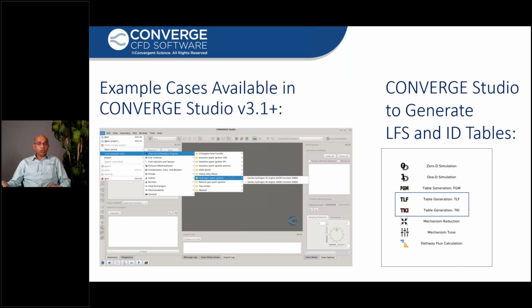Finally, I want to show you two hydrogen IC engine related example cases available in Studio for you to use readily. One is using detailed chemistry, while the other one is using a combustion model called ECFM. Now, you can use CONVERGE chemistry tools to generate ignition delay tables and laminar flame speed tables from detailed chemistry mechanisms and use them with combustion models like ECFM and G equation when simulating hydrogen combustion. So I invite you to use these example cases to look at the preferred settings that we have set up with, which would be a great starting point for your simulations.